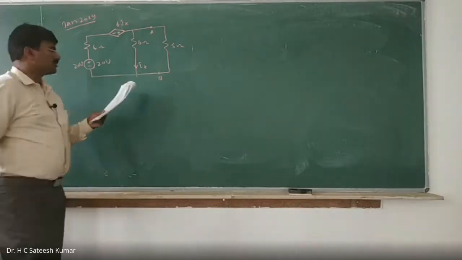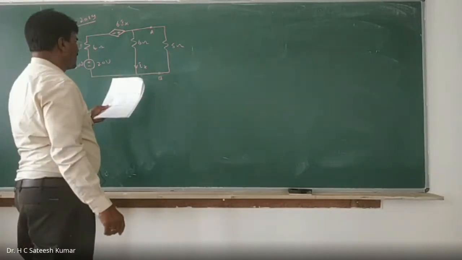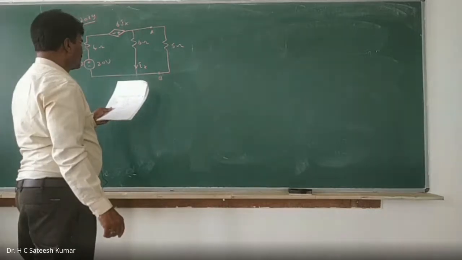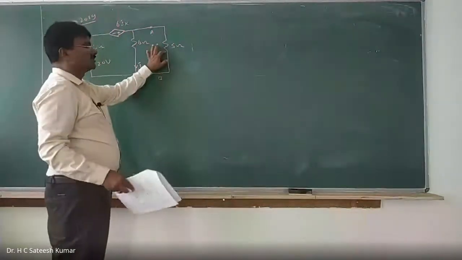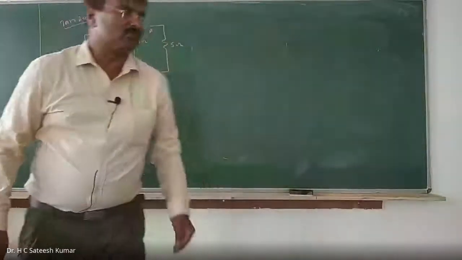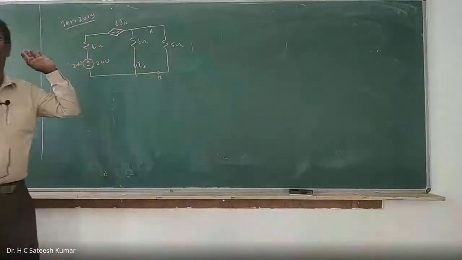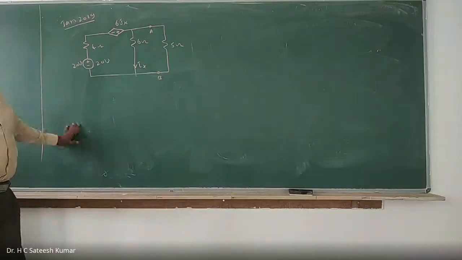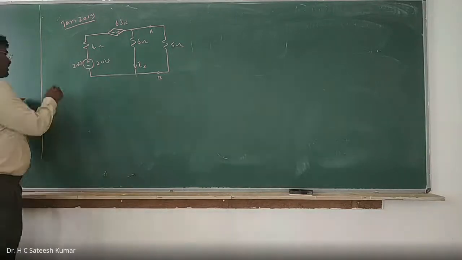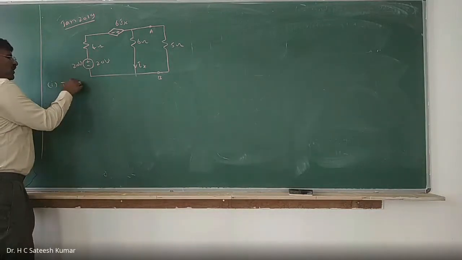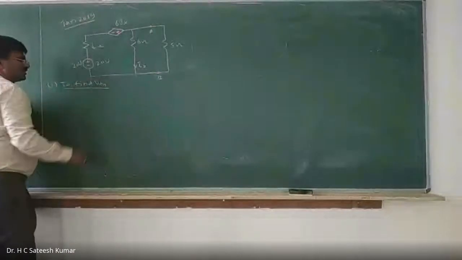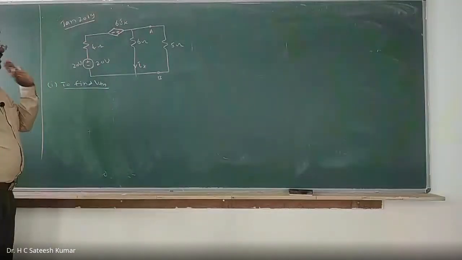Okay, right. So now what is the question? Find the Norton's equivalent circuit across the AB terminal for the network shown in figure. Hence determine the current through 5 ohms using Norton's theorem. Once a dependent source is there, you need not ask for the procedure. Find out VTH, I Norton, ZTH. First step, to find VTH. Whether it's Norton's equivalent or Thevenin's equivalent, we'll have to find out VTH and I Norton.